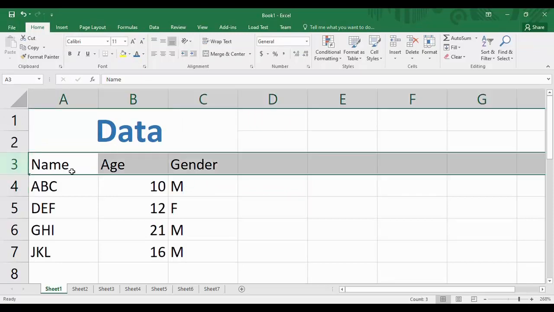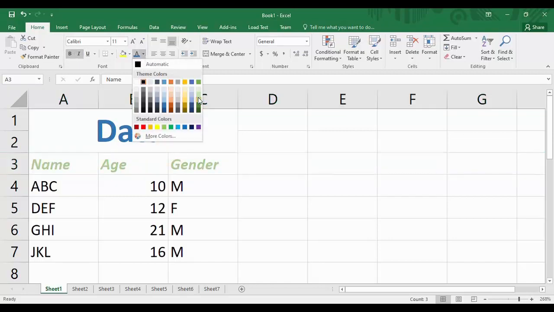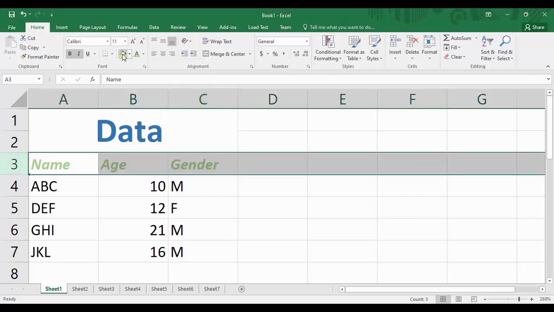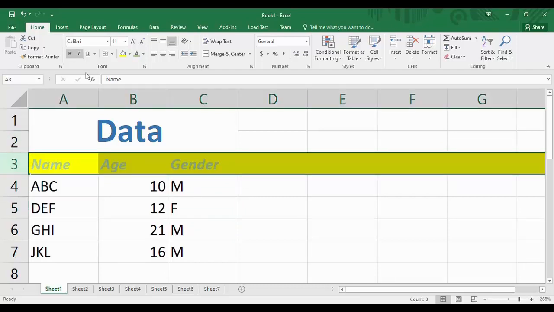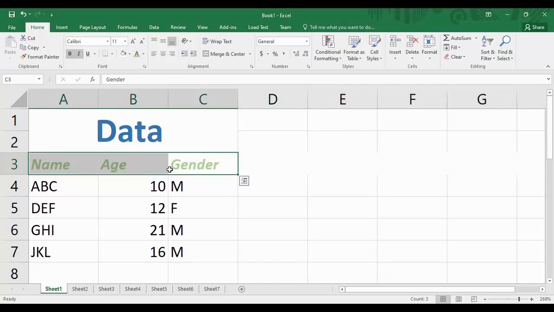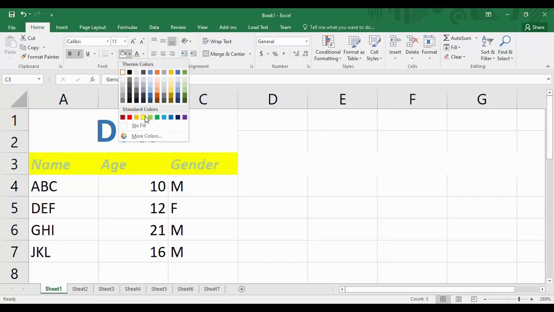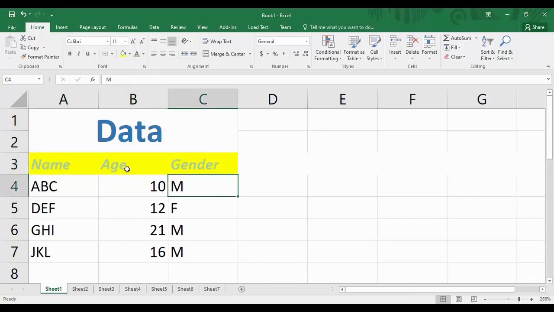And now what we have done is selected this row, so this whole row is selected, and now we are going to turn it to bold and italics. Its color I'm going to change to a shade of green, and for the background color I'm going to apply yellow like this, but I don't want it to be applied to this whole layer, so I'm keeping it none. And then I'm going to select only these three cells, and to these three cells only I'm going to apply a background color of yellow.